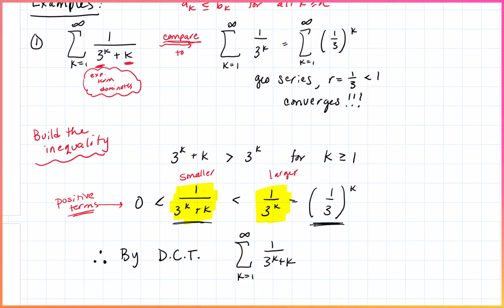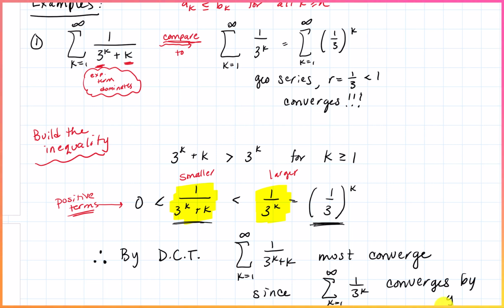So by direct comparison test, this guy must converge, since 1 over 3 to the k from k equals 1 to infinity converges